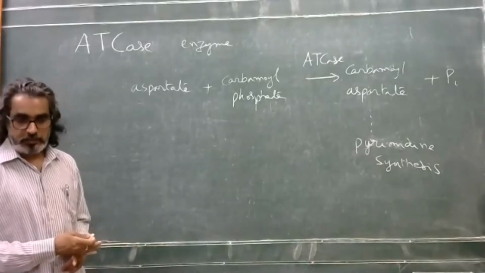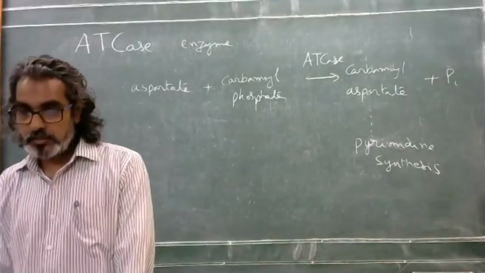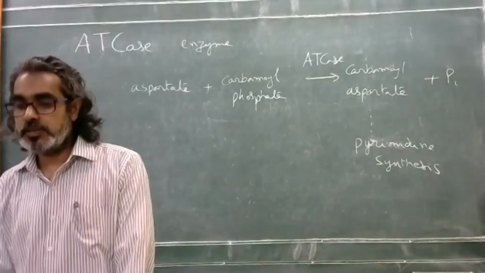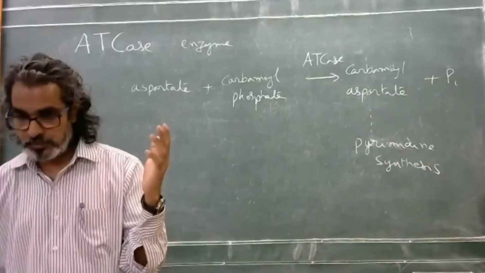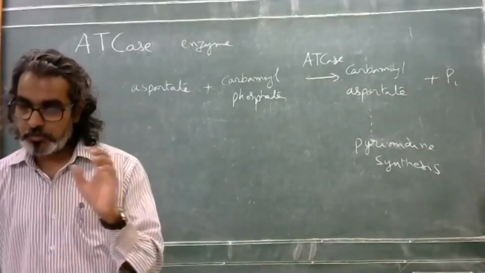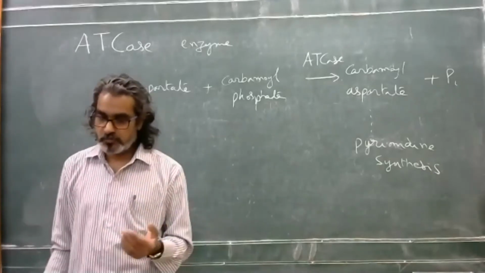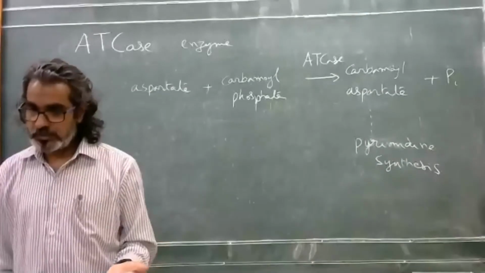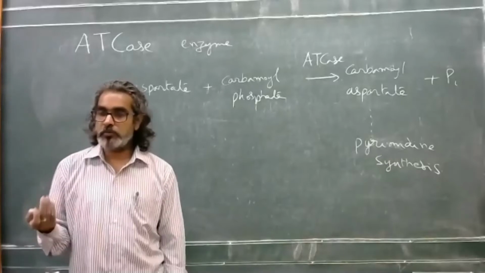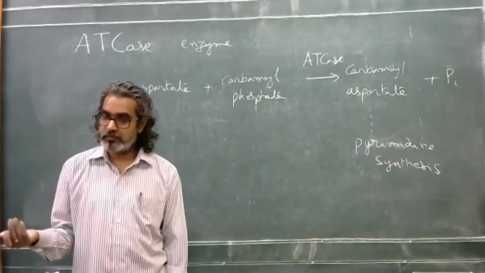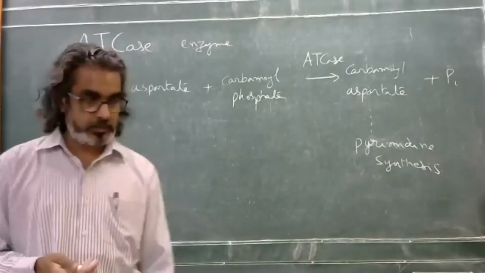However, like I said in the initial classes, for cell division you need to make only one copy. You don't have to have multiple copies of DNA. You make exactly one copy, but a perfect copy. So for all these things, you need a certain amount of nucleosides, and depending on how they are consumed, you want to make only that. You don't want to make excessive, and at the same time you don't want to inhibit the synthesis, right?